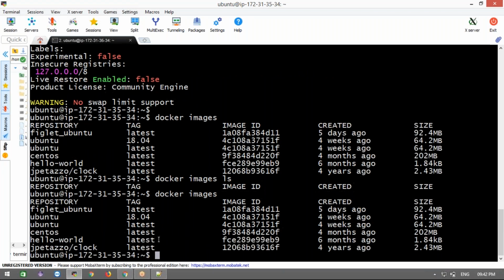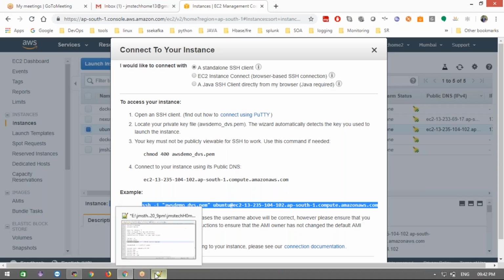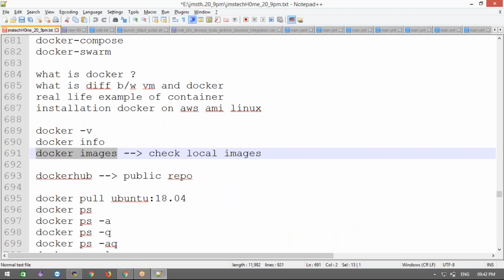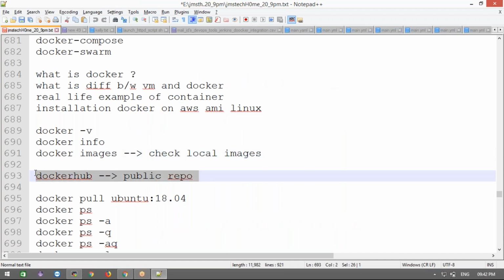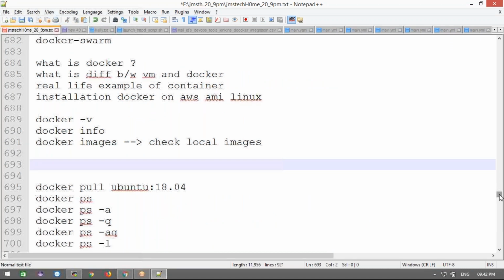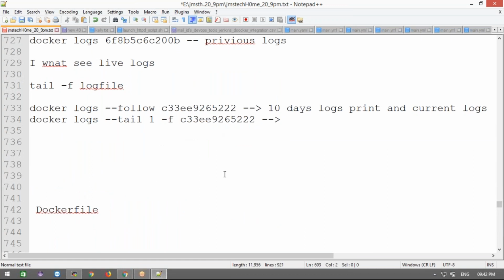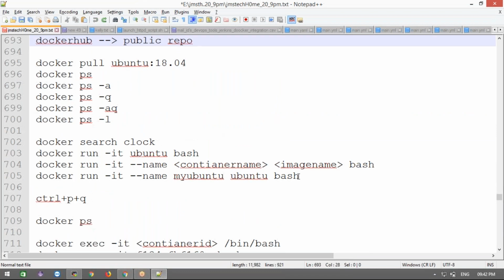Okay, now next, we'll discuss Docker Hub today. We already discussed this. What is Docker Hub?